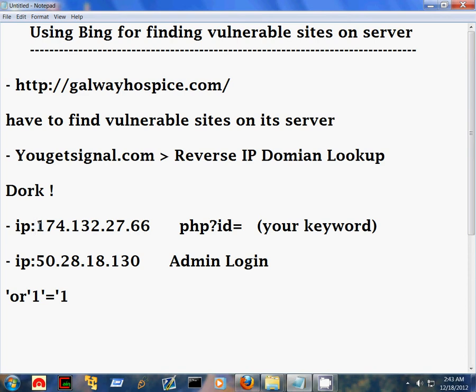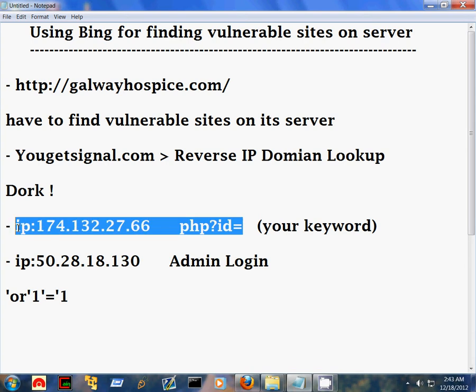In the Bing dork, first we have to specify the IP address of the web server followed by our keyword. So let's do it.